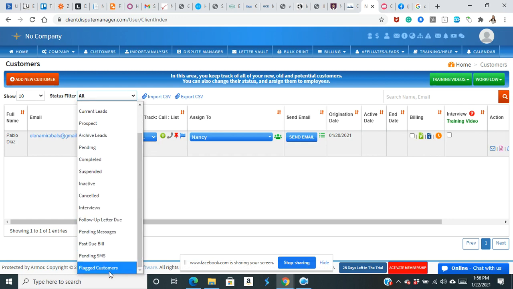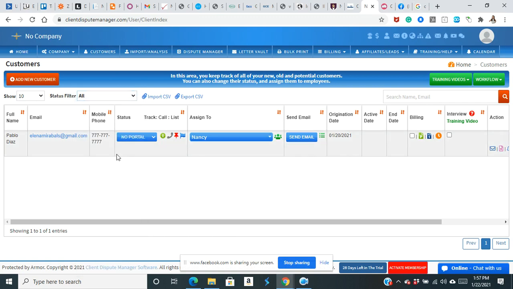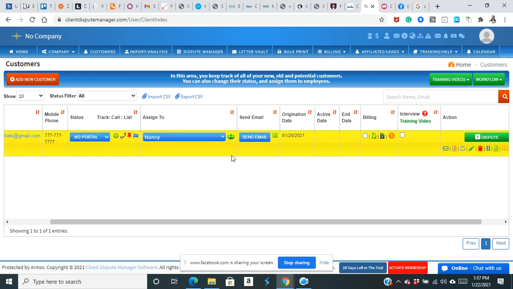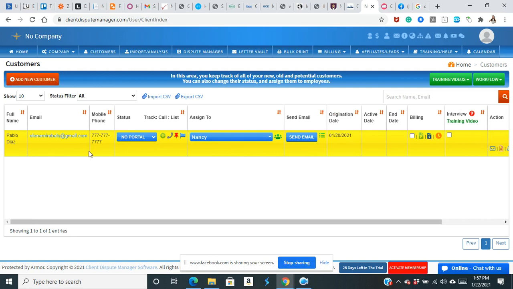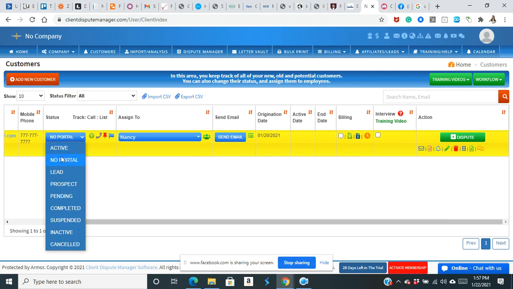What they don't have is a way to customize this, as I really like to do with the other one. Even though I like to see active, I would like to see when something was disputed. But after figuring out a lot of things, I found this red flag, which I use every time I start disputing, so I know exactly that I'm disputing this client. And as you can see here, if you give them access to be active,